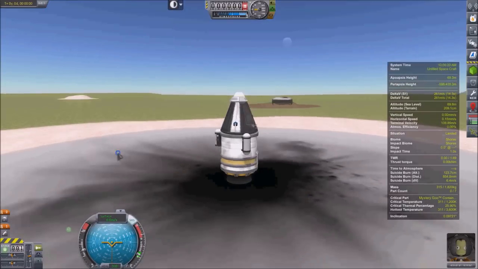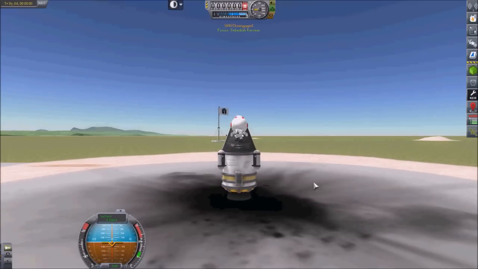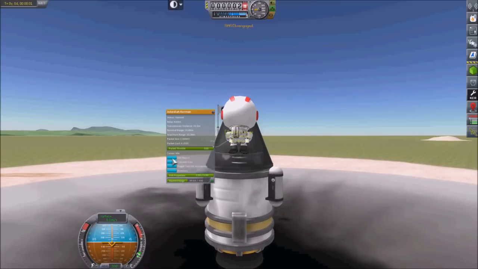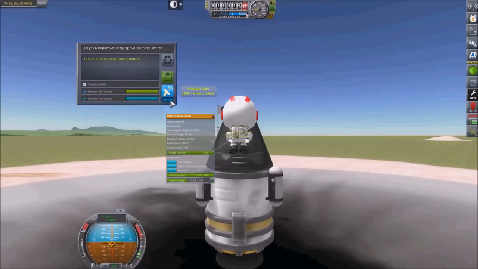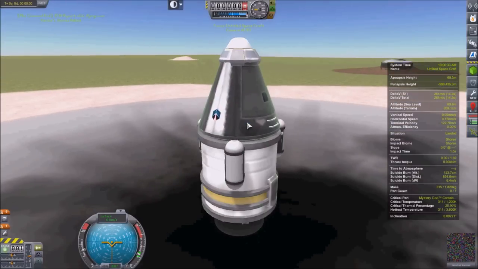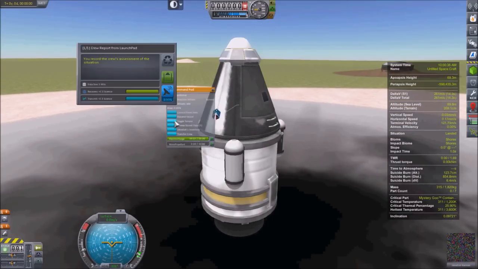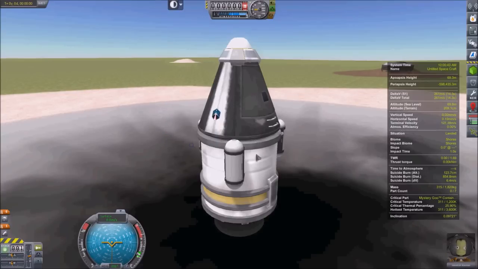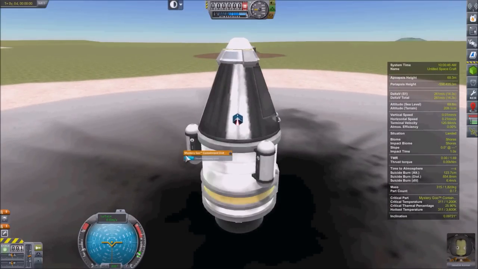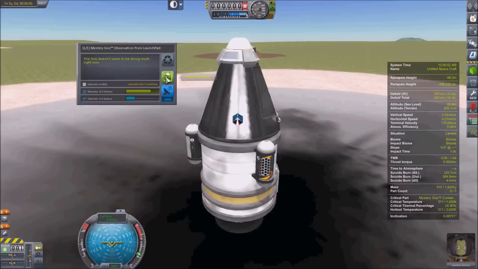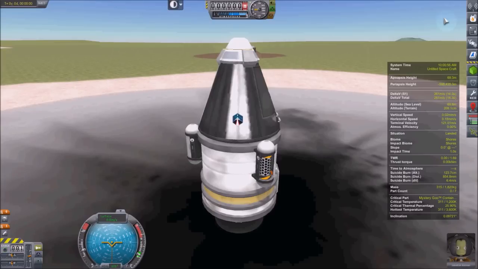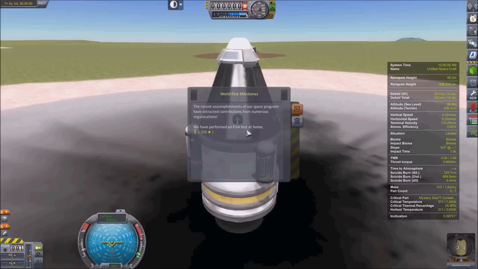Okay, now first things first, we're going to do an EVA, right? And so we're going to do an EVA report, and we're going to press B to go back into it, and then we're going to do a crew report, and we're going to keep that experiment as well, and then we're going to observe the mystery goo, and we're going to keep that experiment. Now, at this point, I know we haven't launched it yet, and you notice we have performed the first EVA test at home, and I got $33,200 just for that. We've already paid for this launch,